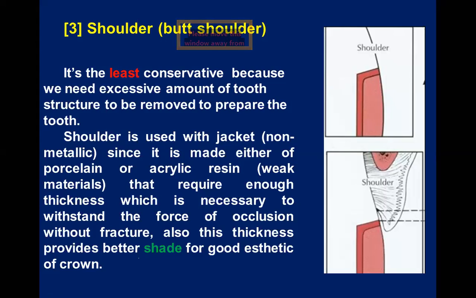This statement, I will say it, but it is not written in my lecture. It is prepared by a flat-ended burr. It is not rounded. It is flat-ended to create a flat butt joint shoulder. So this shoulder, it is used where? When we use non-metallic margins of crown, like when we use a jacket crown, full porcelain or all porcelain crown,